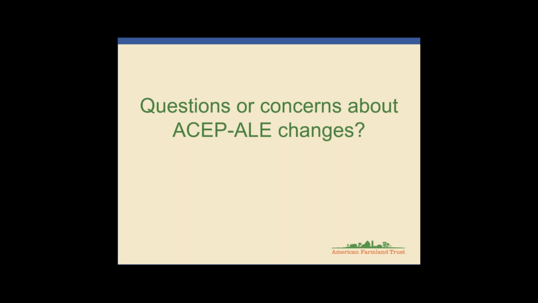Okay, great. Thank you. I want to just amend what I said earlier about AO plans, because as Cam from Connecticut correctly points out, where there are easements that have not closed, for which funding has been obligated, I assume, and I am looking at Jennifer Dempsey with the Farmland Information Center as I say this, I'm going to assume that those will still require AO plans as they are pursuant to the 2014 Farm Bill. But we will see. I'm getting yeses from our experts here in the Farmland Information Center. So thank you, Cam, for flagging that. So again, think about the elimination of the AO requirement as